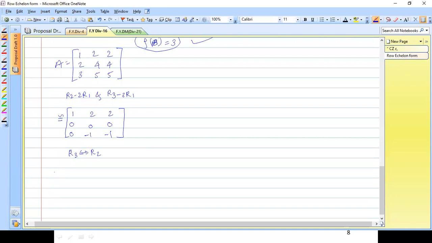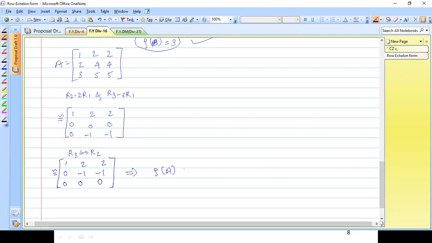So once you do that, what are you getting? You are getting a new equivalent matrix which has entries first 1, then 2, then 2, then here you are getting 0, minus 1, minus 1, then 0, 0, 0. Now tell me whether it is in echelon form. Yes, sir. Tell me the rank. What is the rank?